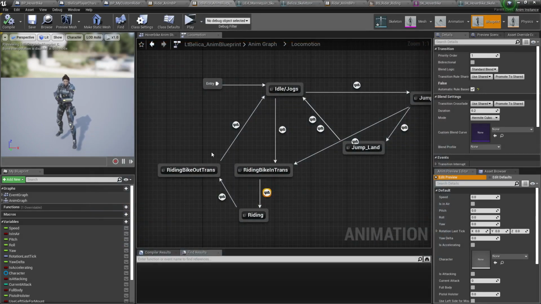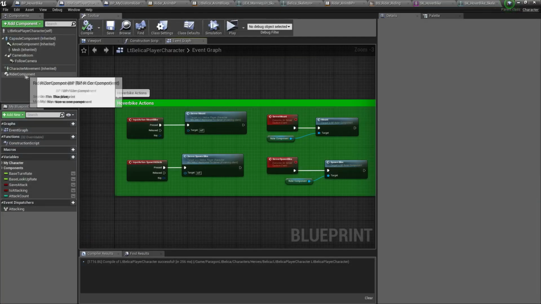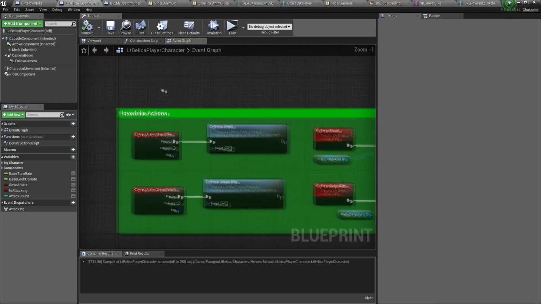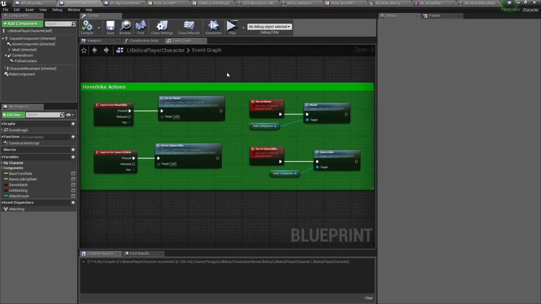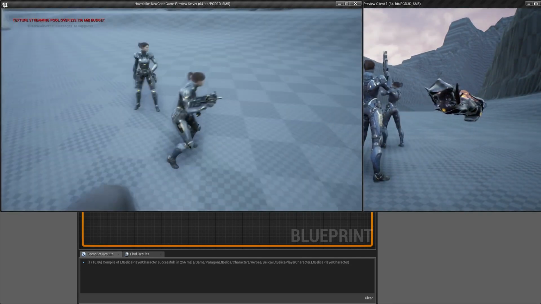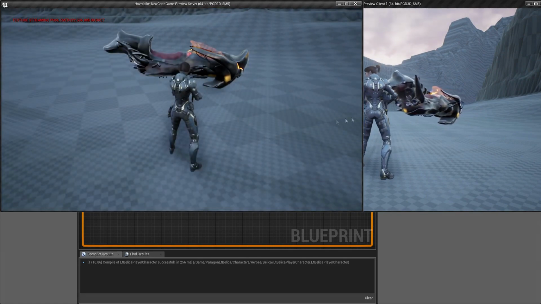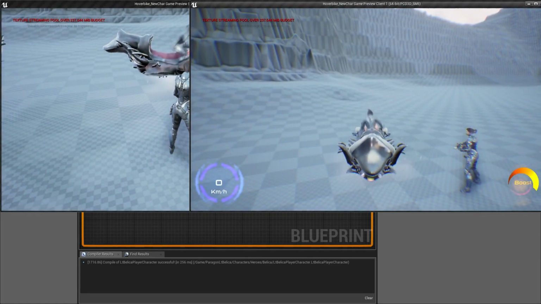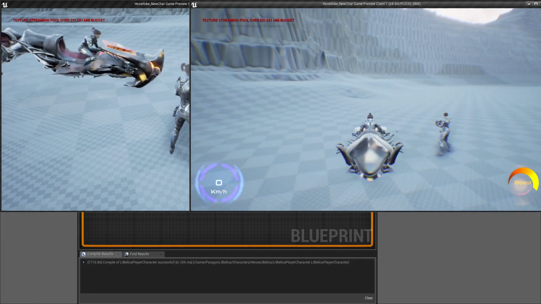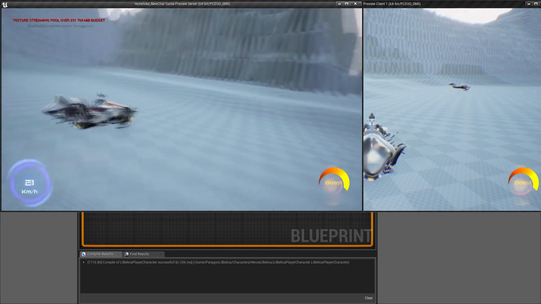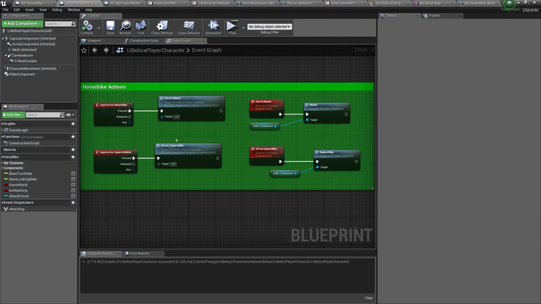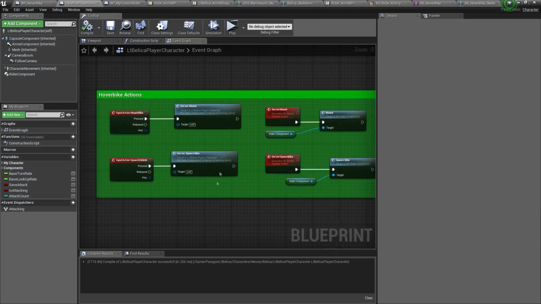So to do a little recap, we just chose our character, added the rider component, copy and paste the hoverbike actions. If you see these actions are well suited to multiplayer, we just released the update supporting multiplayer, so if you want to test it out with some friends, you can ride them. You can compete with your friends also. And it's great. So we just copy paste this event,